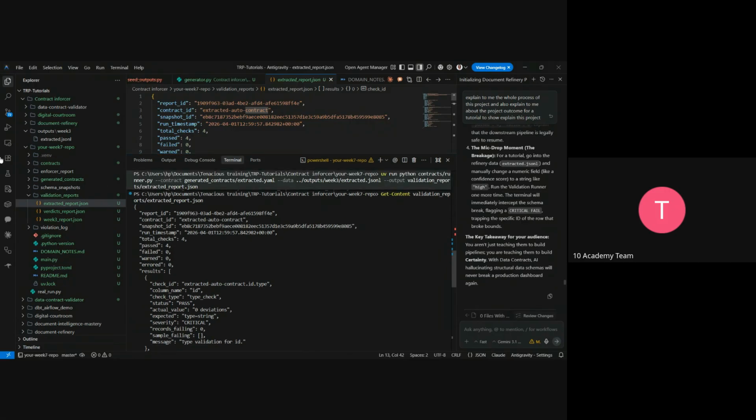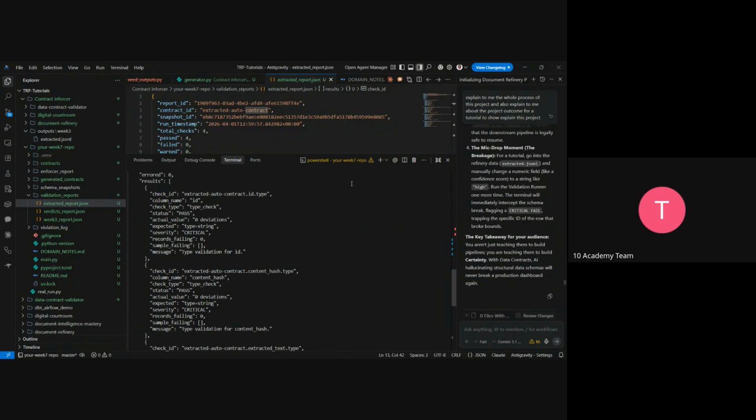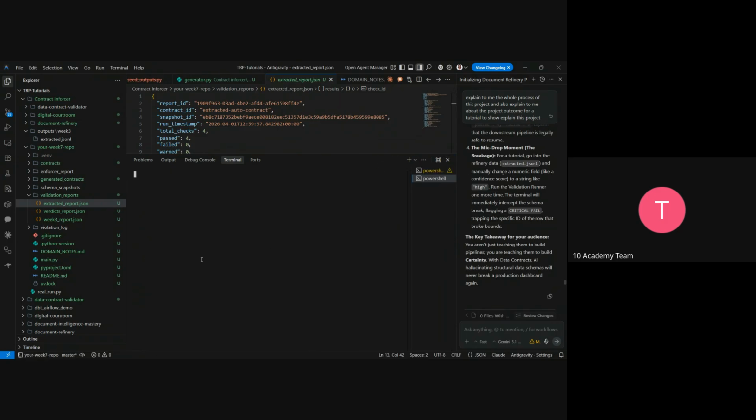So let me show you the first, the document refinery, what the output of the document refinery looks like. It's a very simple one. It just extracts text. So let's go to the contracting forcer, and then the document refinery.